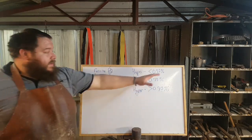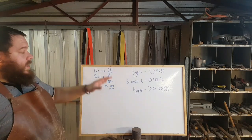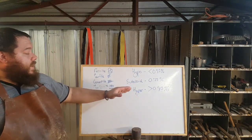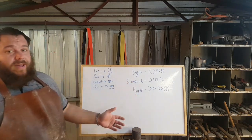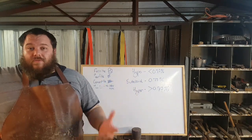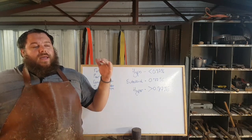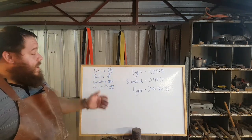So that is the difference between hypoeutectoid and hypereutectoid steels. It's purely a carbon percentage game. Now, the reason that I talk about hypereutectoid steels quite regularly is because, having such a high carbon content, they come with a lot of drawbacks. They come with the drawback of having a lower melting point, which means that they're harder to forge weld to things, because obviously if you need a higher forge welding point for one steel and a lower for another steel, then getting them to meet in the middle to weld without melting one or burning one becomes a lot more